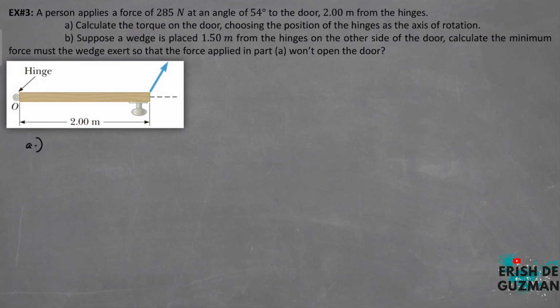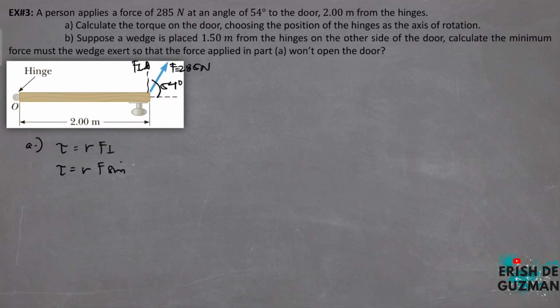We have to compute the torque due to the applied force exerted at 54 degrees. Ito yung force, and this is 54 degrees, ang force is equal to 285 Newton. So, gagamitin lang natin yung formula. Torque is equal to radius times the force perpendicular. Hindi perpendicular yung force na given sa atin dito. So, kailangan pa natin siyang hanapin. Ito yung force perpendicular. And directly na dito sa ating equation, radius times force perpendicular is equal dun sa force times